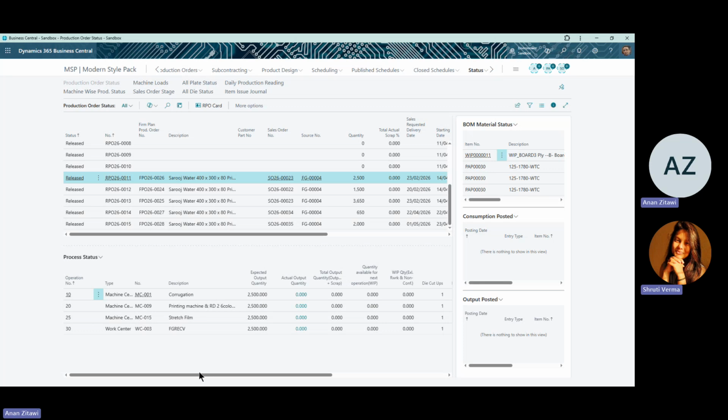The consumption is not posted. So now we will do the output posting for job number 11, RPO number 11. The line which you have selected, RPO number 11. Now for making output for the first operation, corrugation, you can search the output journal